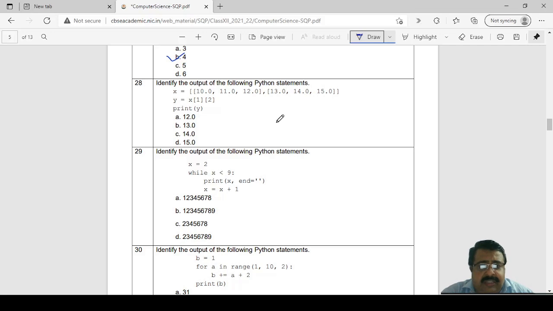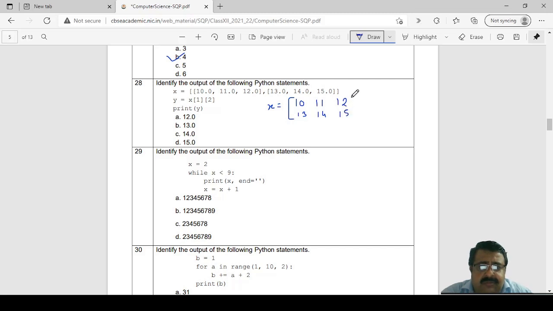So now here the X can be represented as a matrix, with the elements 10, 11, 12. The point 0 I am not writing, for the sake of simplicity.